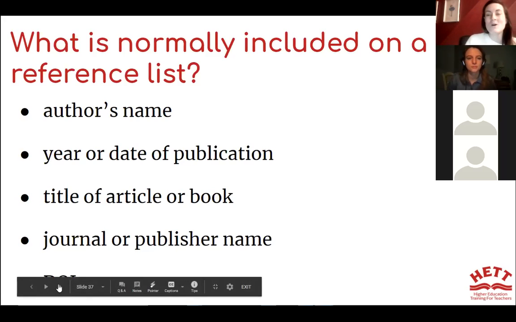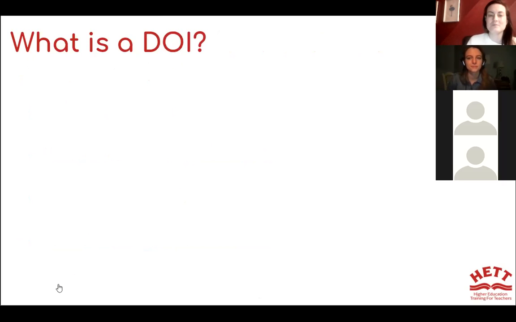What is a DOI? Digital object identifier. Good. And what's it for?